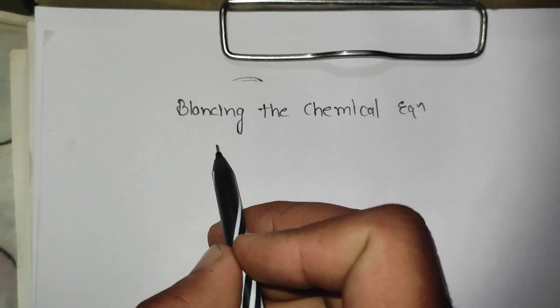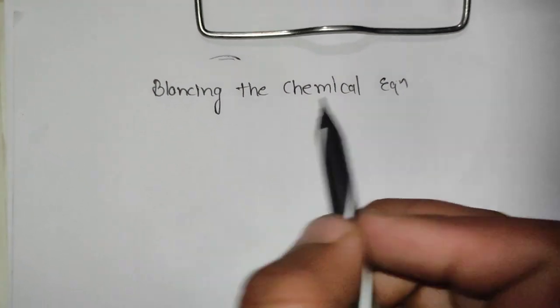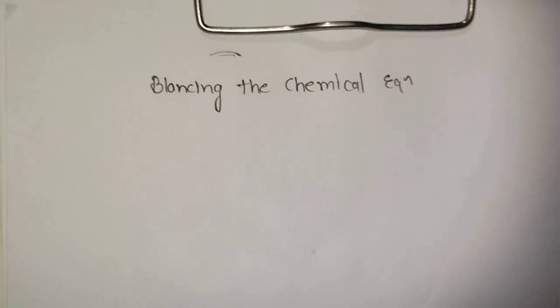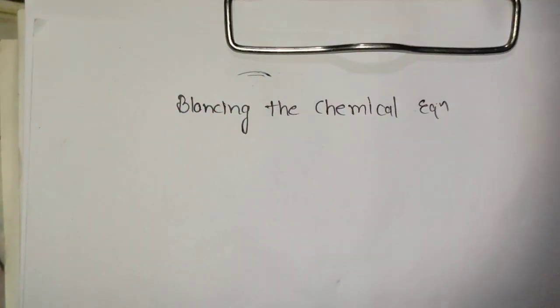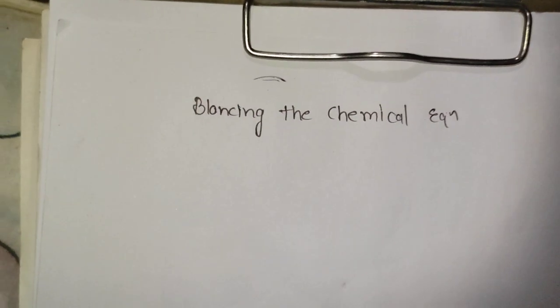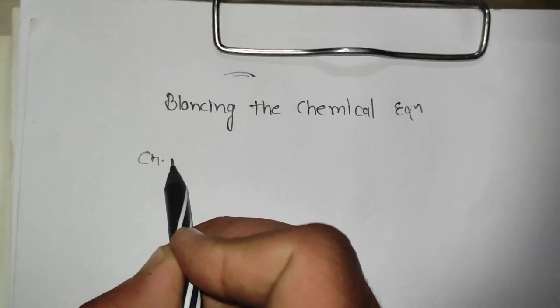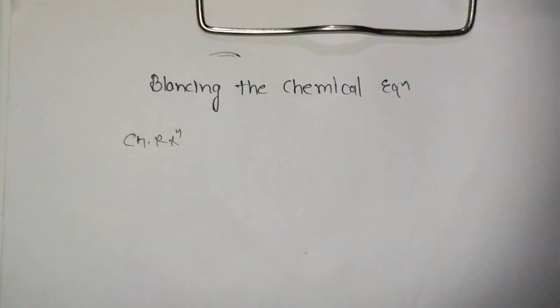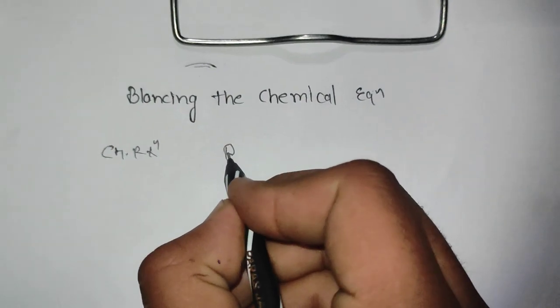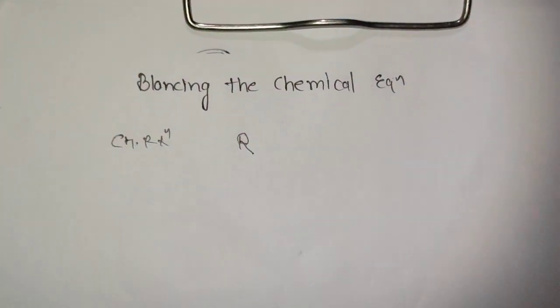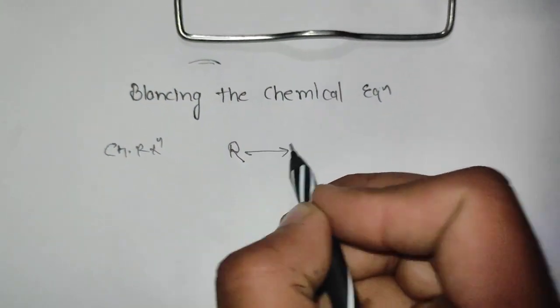Let's understand our new topic, which is balancing the chemical equation. In the previous class we discussed what a chemical equation is and what a chemical reaction is. Let's briefly recap. A chemical reaction is the process where some reactants react with each other, and after the reaction